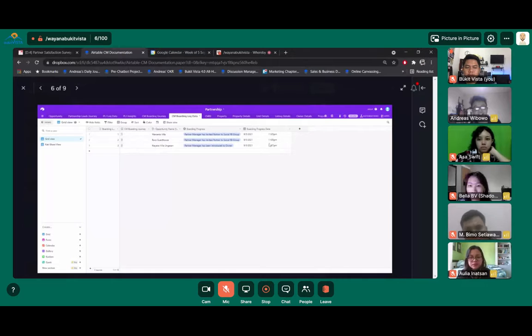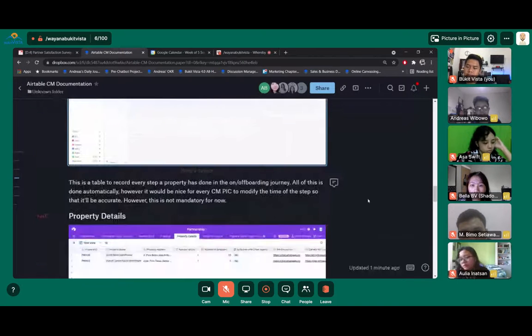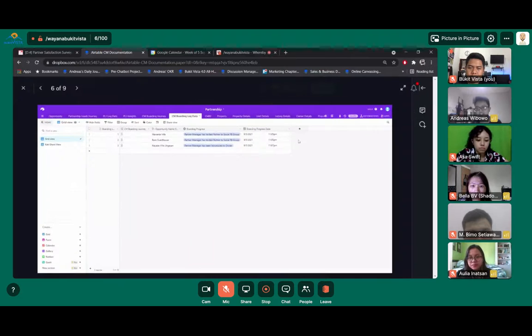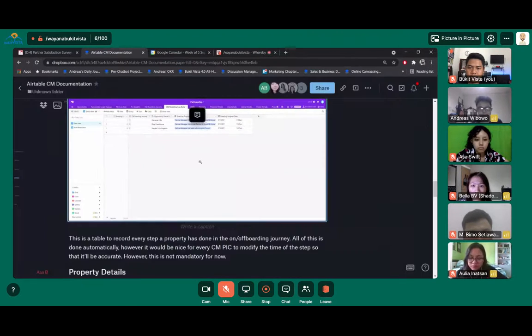So it will be great if you can modify it so it will be the same date. But this is not mandatory for now. However, when the time arrives and you need to modify the time to be as correct as possible, you know how to modify it. Just click on the boarding progress date and modify it.